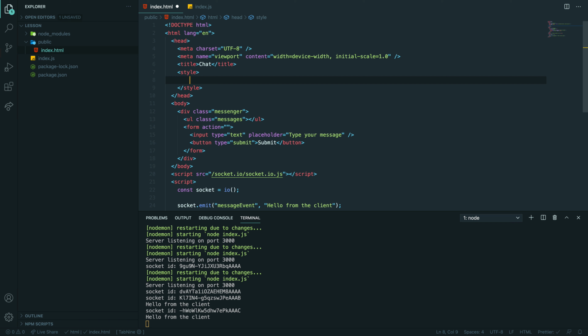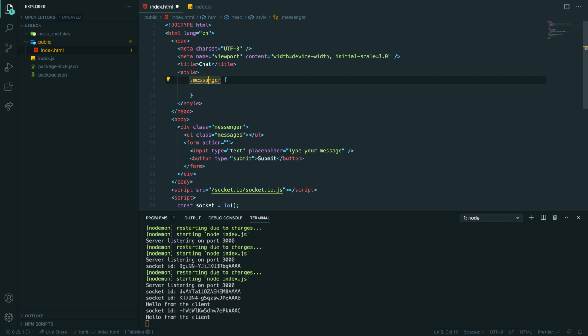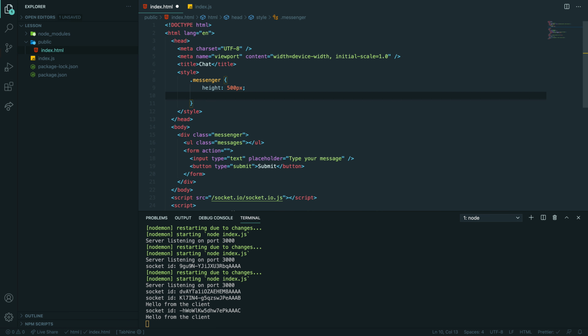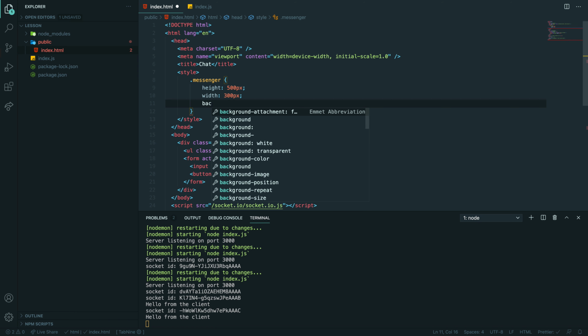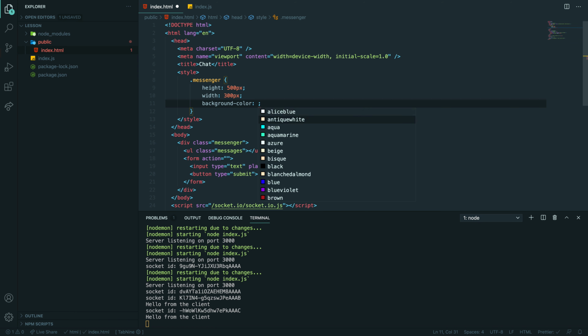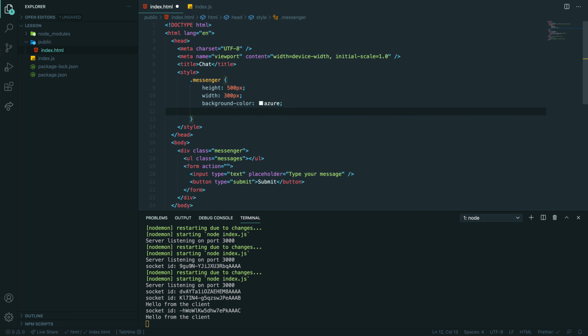And here we have what? Messenger dot messenger. Okay, so messenger, and here I want to have, I don't know, height 500 pixels, width 300 pixels, like an application, right? Background color some actual